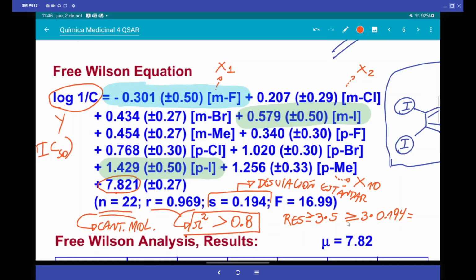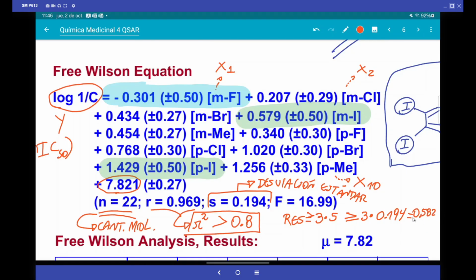That would be 0.582, which means that the difference between the biological activity minus the predicted activity, if it gives higher than this value,